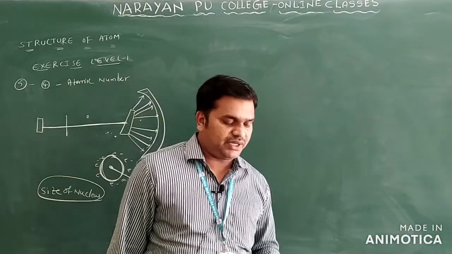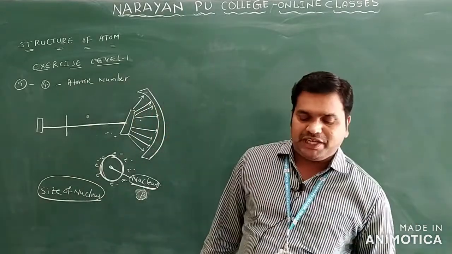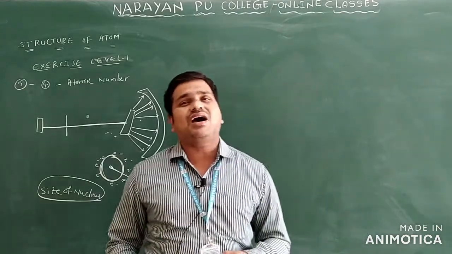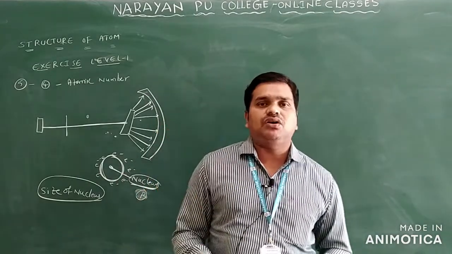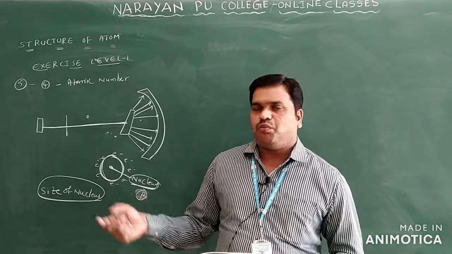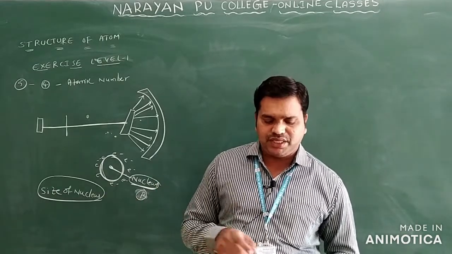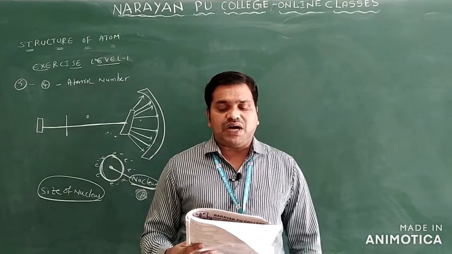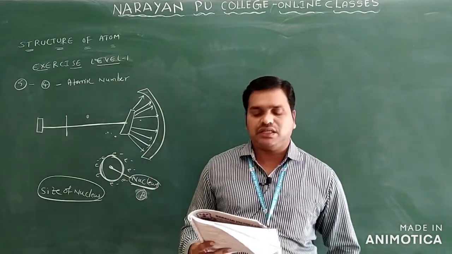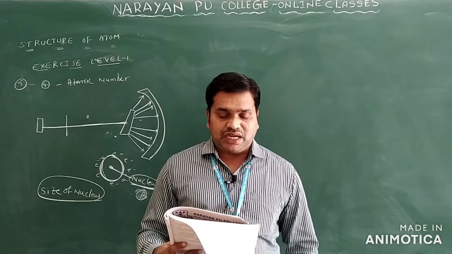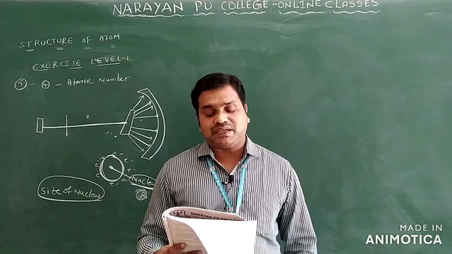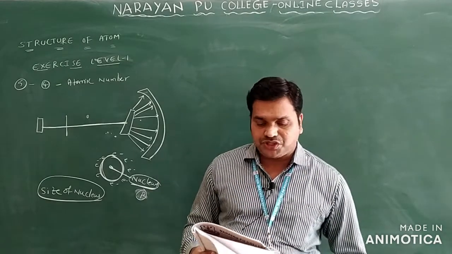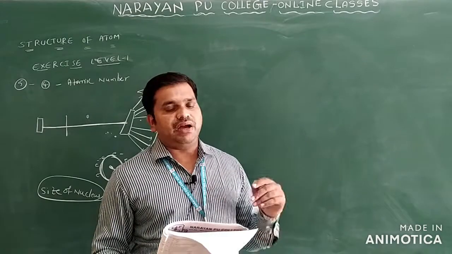See question number 8. The Bohr model can explain only, generally, an atom or ion having a single electron. This is one of the postulates of Bohr. So you can see the first option gives the spectrum of hydrogen atom only. The spectrum of an atom or ion containing only one electron. So what answer can you take? Option 2, the spectrum of an atom or ion containing one electron only. So you will take option 2 for question number 8.